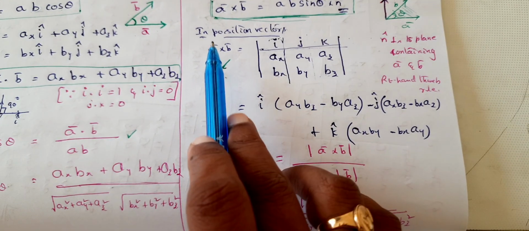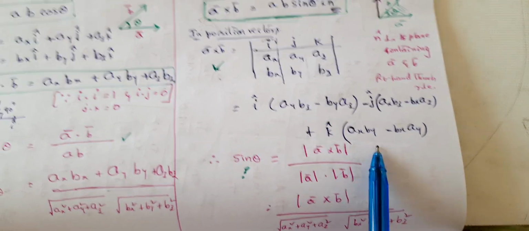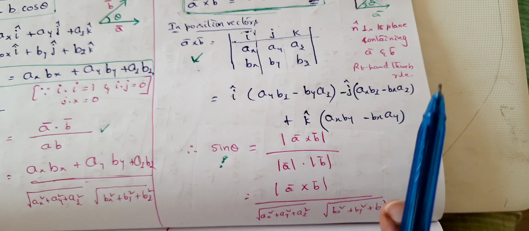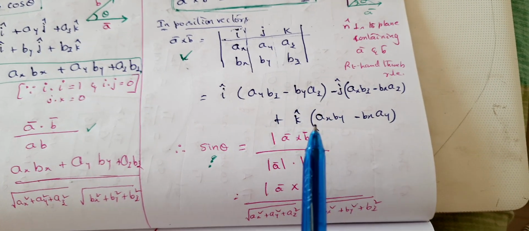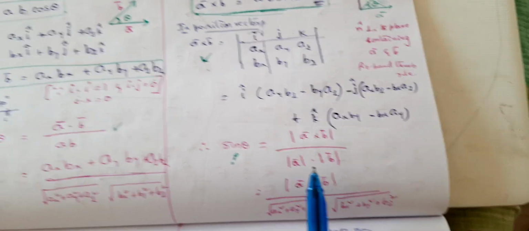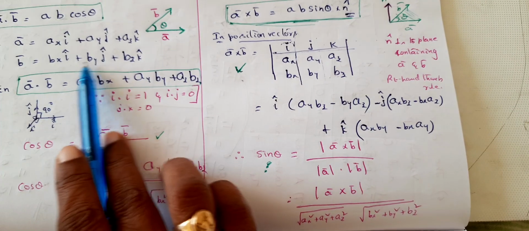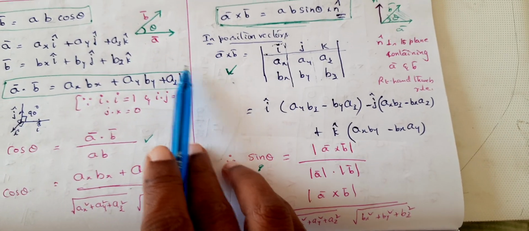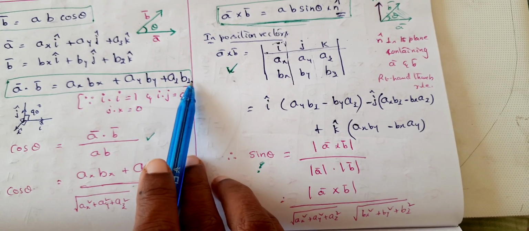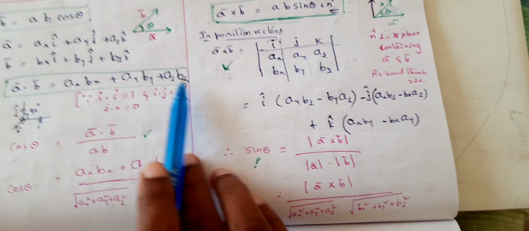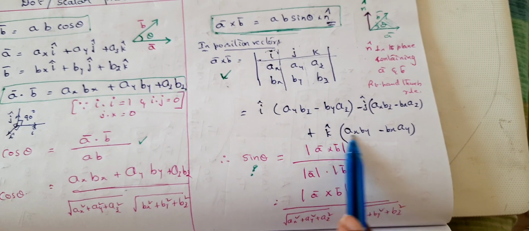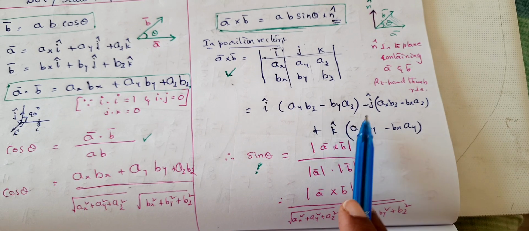Can you see that a bar cross b bar is resulting in another position vector? It is neither a bar nor b bar, but something like this. Okay, so this is how you are getting the cross product. Whereas in the dot product, see, there is no vector component anywhere. There is no vector element at all here. So ax bx plus ay by plus az bz, it's totally scalar. And here you have i cap, j cap, k cap. These make this one a vector quantity.